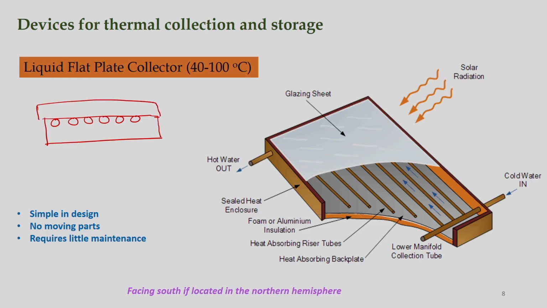This is a glass envelope, and this glass may be toughened glass, or sometimes 2 more glasses are applied, and maybe here is our insulation. Thermal insulation has to be provided to reduce the heat losses. Solar radiation falls through this glass cover, and this is the absorber plate, and this is normally